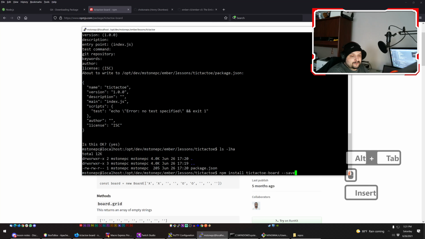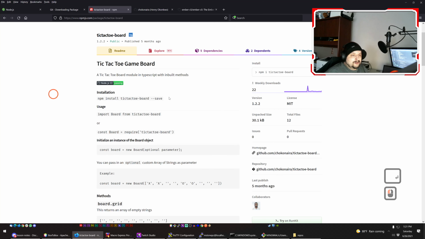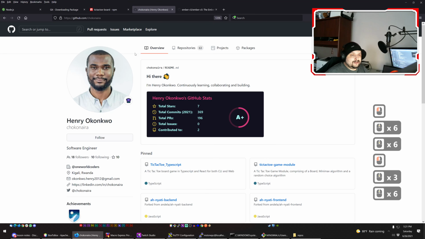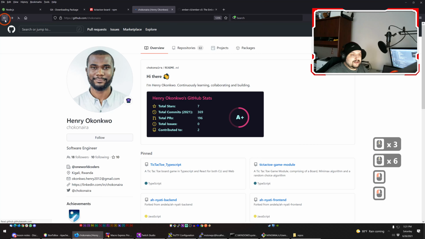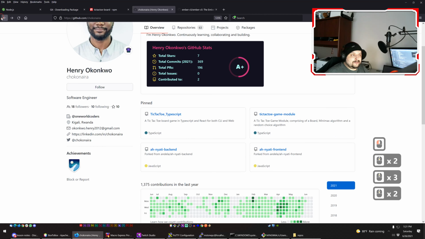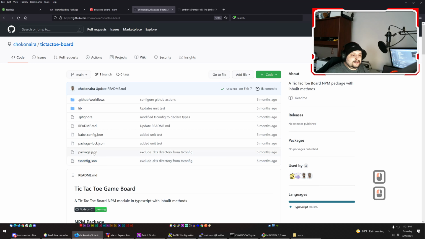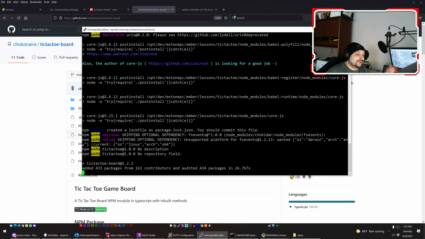Let's go ahead and just run this command, npm install tic-tac-toe-board --save. This is going to automatically pull all of these files that he has on his Git repository, and I'll show you exactly what it does. It basically pulls his project, his package.json project, into my node modules,